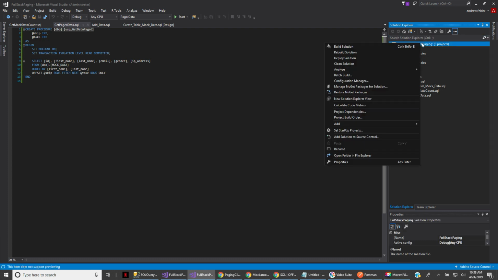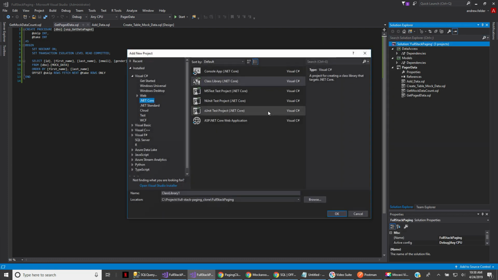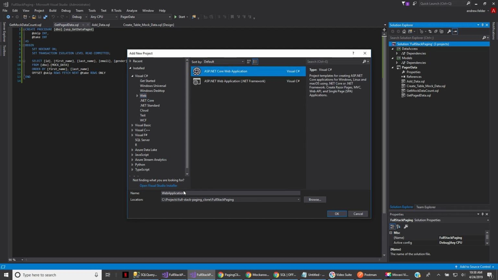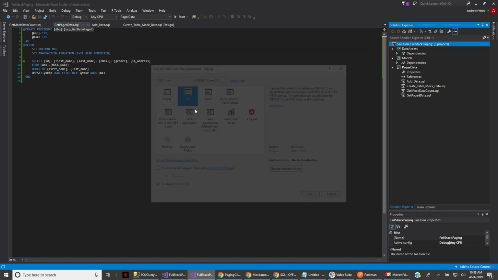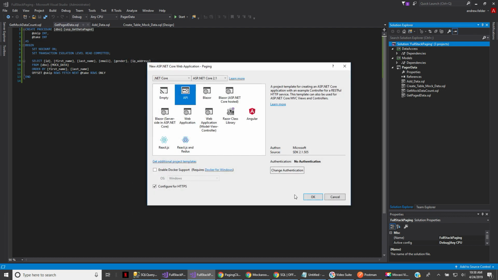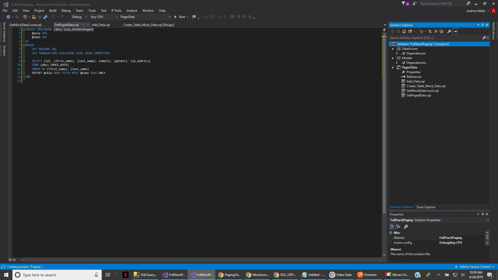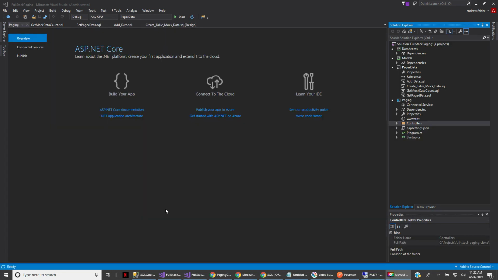And last but not least, we'll go ahead and add our .NET Core Web API solution. So .NET Core, ASP.NET Core Web Application, and we'll just call that paging. It's going to bring up some defaults. I'll just select API, and we'll go ahead and just uncheck configure for HTTPS since this is just a demo. Okay, now that we have all our projects set up, we can go ahead and add a few classes to our models project. These classes are essentially for transferring data from the server to the client, so they'll be fairly